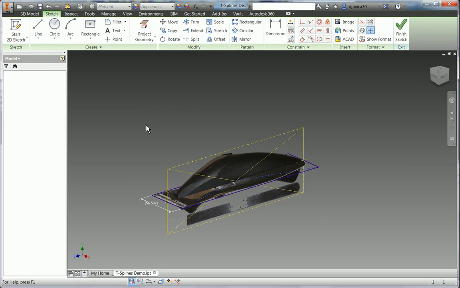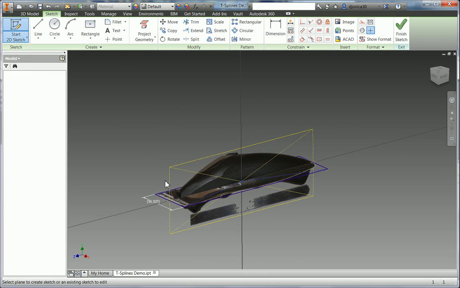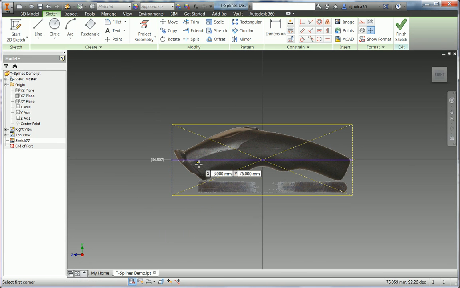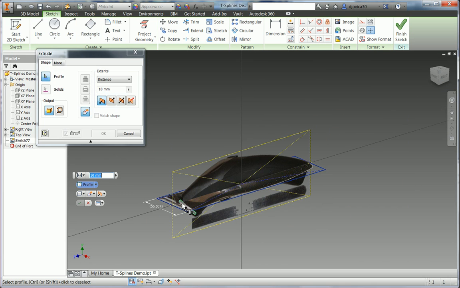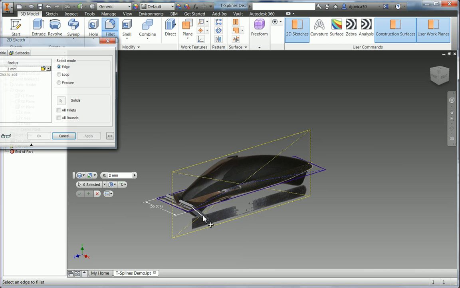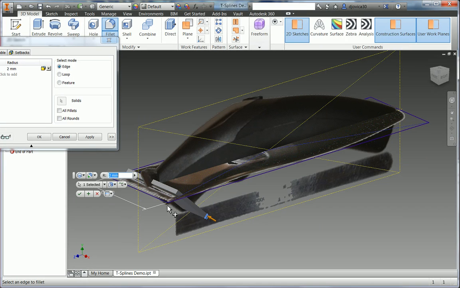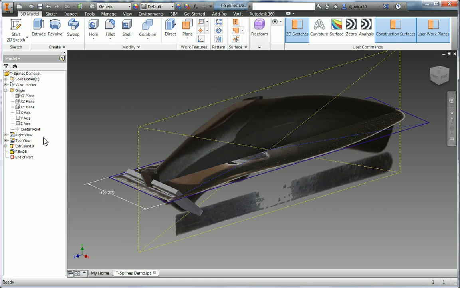So I'll exit the sketch and create another sketch on the YZ plane. I'm going to use a 3-point rectangle and sketch out a rectangle to emulate the blade. I'm going to now use that width dimension. I'm going to get symmetry selected, type in width times 0.85, so 85% of width. So I've made it smaller than the actual blade because the way the surfacing works is I want it a bit smaller. I'll put a 10mm fillet, click OK,